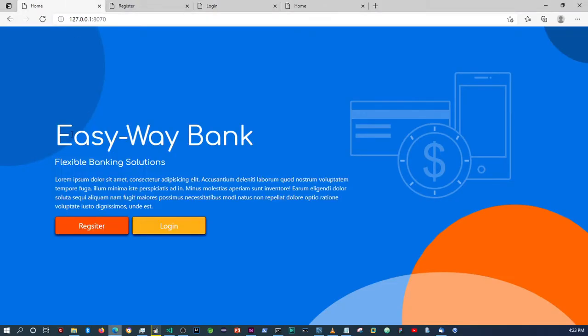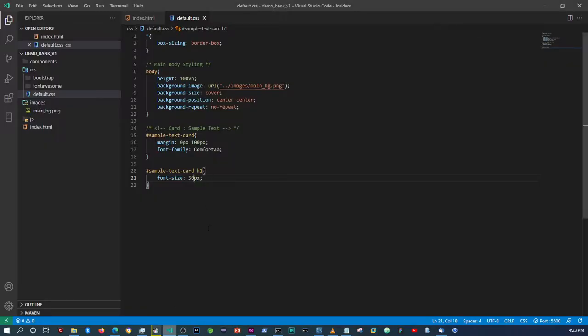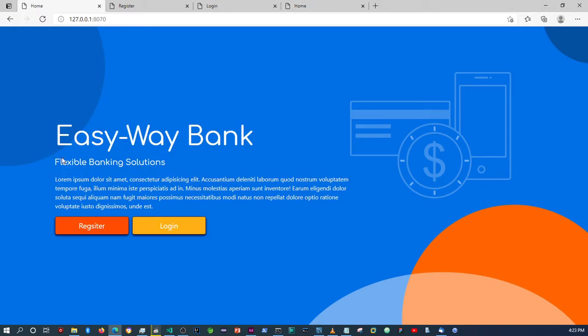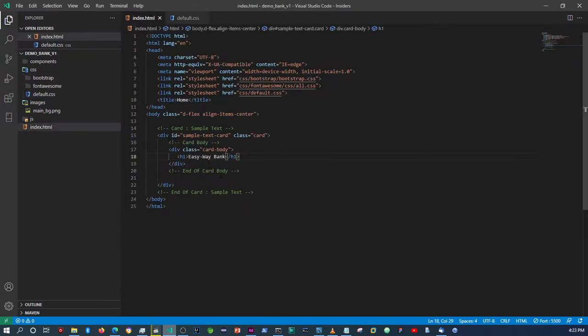Let me see, how big was this one? Yeah, it's quite big. So let me set it back to about 65. Okay, yeah, that should be fine. What else? Oh, by the way, I added this particular text, so I might as well just copy that. So I'm gonna copy this, and then down here,